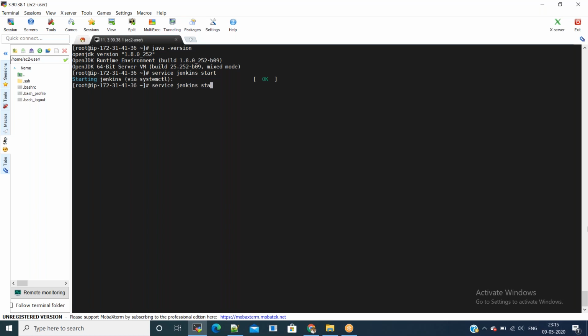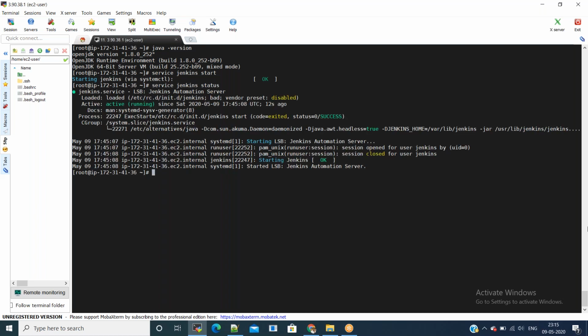Service jenkins status. Jenkins is running. Now you can register the service using the chkconfig command. Now we have a running Jenkins.